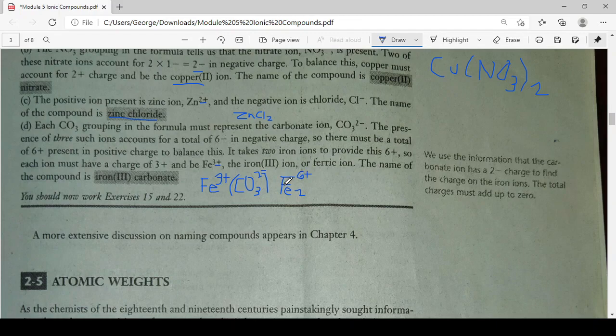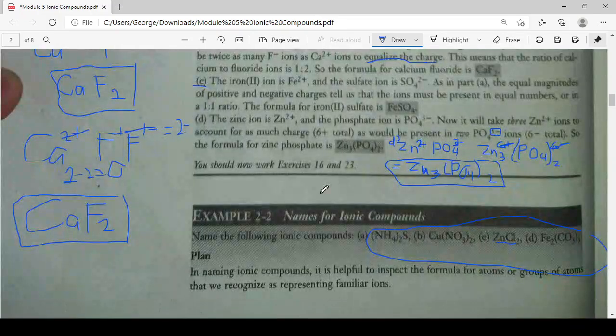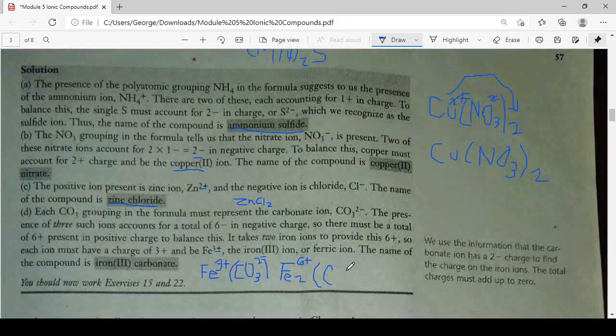Again, how do you read this? Iron. And next, CO3 naton, kids, has a charge of 2 negative. CO3, diba? In order for it to have a 6 negative charge, pila i-times ta kay 2. 2 times 3 is equals 6, diba? Therefore, 3 ang ibutang mo di. Therefore, you have 3 carbonate ions present. Para maka-6 negative ka. Cancel this out and you will have your final answer of